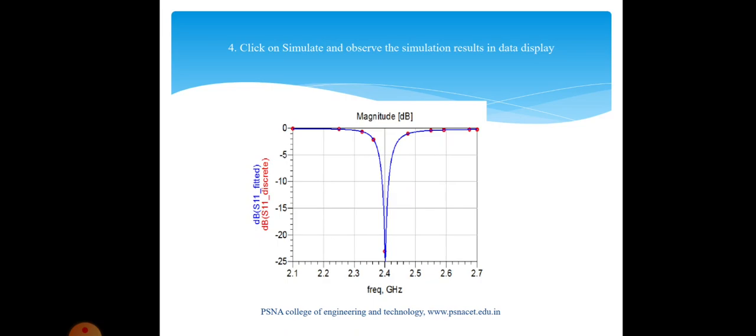So the antenna operates with good performance at 2.4 gigahertz. This is the main method to identify whether the antenna is operating in good condition at a specified frequency, and we can test it practically with the network analyzer also. We will show you a demo of how to get return loss characteristics using the network analyzer. But this we can do with any software tool, or if we don't have any software tool, we can go for the finite method, any numerical method, and write MATLAB or C language code, and plot the return loss characteristics also.